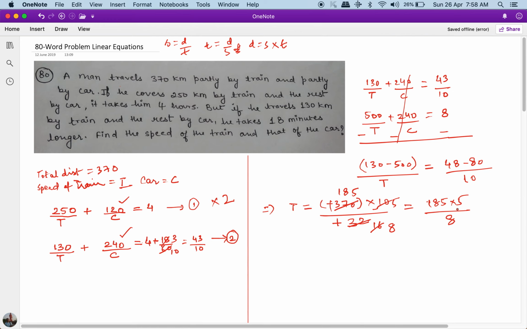Now do I want to simplify it any further? Will it give me any advantage? It doesn't look like it. So what I'll do is I'll try solving for the car, and when I solve for car, what I get is